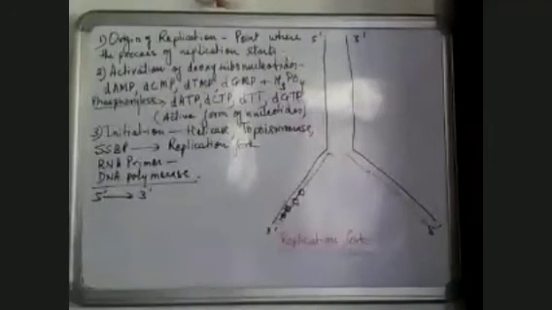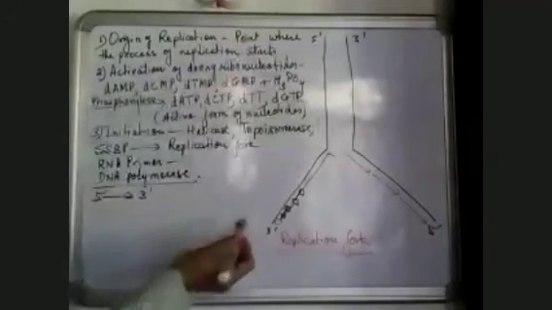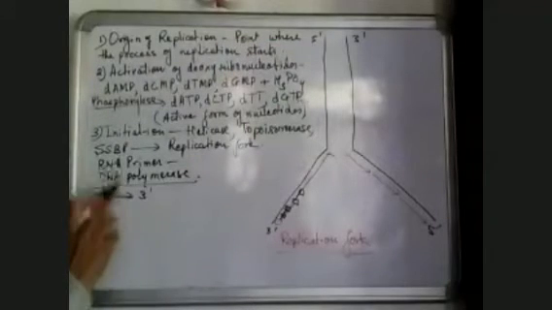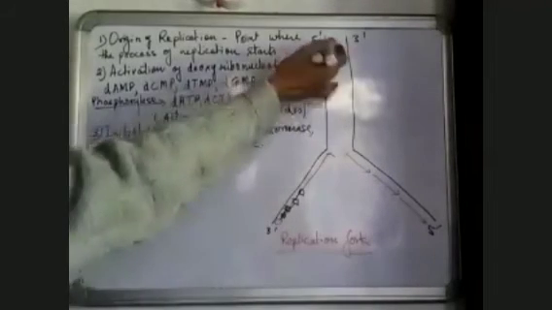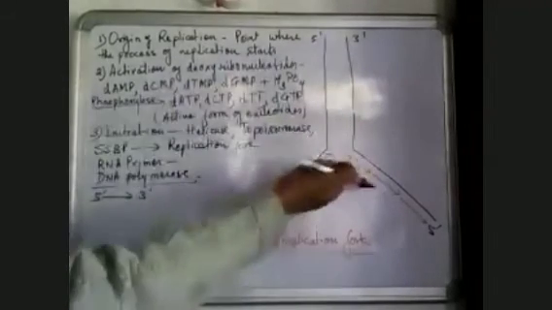So, if we see the first strand, the first strand is 5' to 3'. So the new strand which the DNA polymerase will form should be 3' to 5'. So it cannot form a strand. This is unwound. This is not open. It is open from here, and the new DNA strand has to be formed on here.